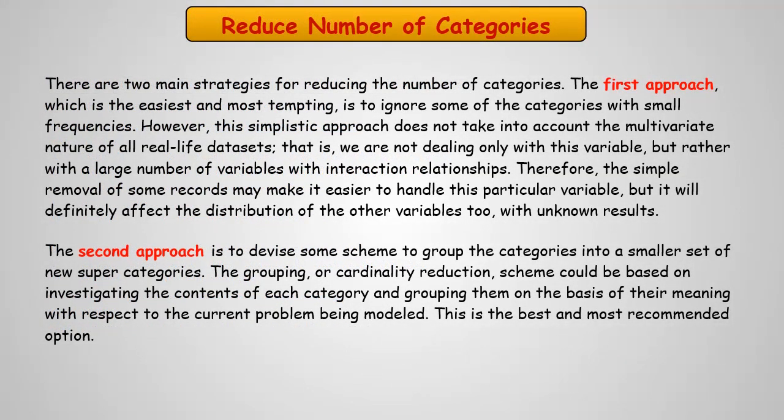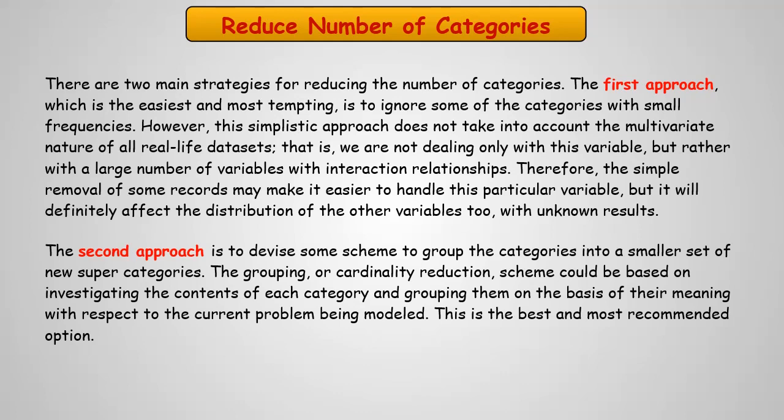So reducing the number of categories within KNIME, there are two approaches. The first one you can do is to simply filter the rows and say, I don't want them. I can use a rule-based row filter node and say if there are values that represent too small a percentage of the population, I'm going to skip them. That's not going to be the ideal approach. It's very simple, of course, but